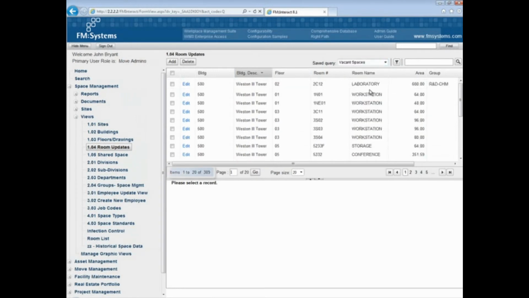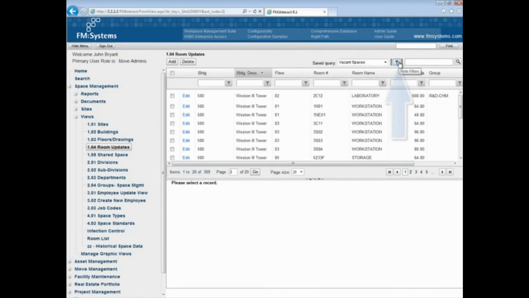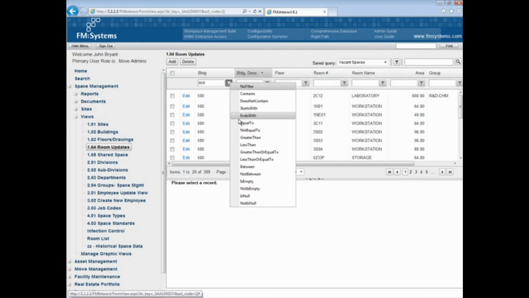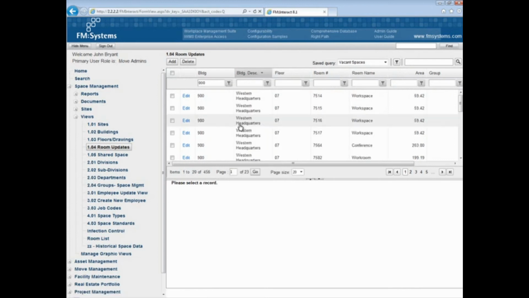Introduced in version 8.1, the new filtering tools enhanced capabilities even further. Filters can be used with any heading. They provide instant results in the data view to showcase all of the records that meet that specific criteria. For example, we might be looking for all of the spaces in the 900 building where the word office appears